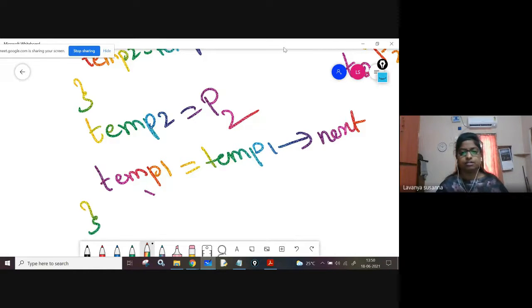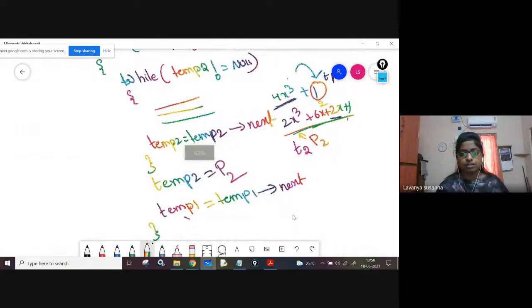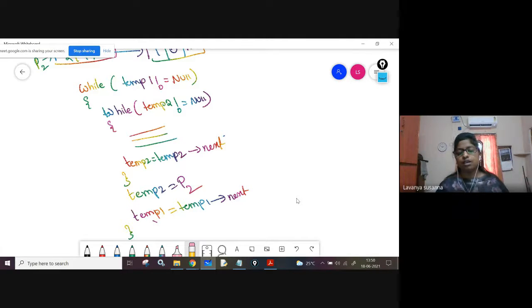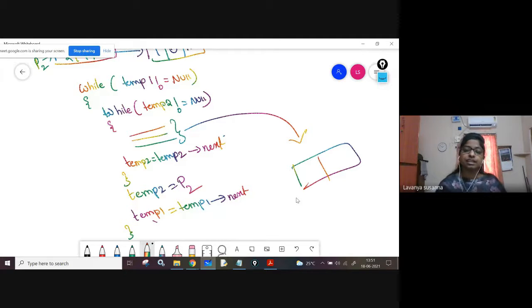This is the logic. Once again, see the logic. Go through this logic. I'm explaining part by part so that you will understand well. If I explain the whole algorithm at once, you can't understand. That's why I'm explaining part-wise how to traverse to the last node, how to advance the pointers P1 and P2. Okay, here I put some dashes. There are some operations to multiply and create the resultant node. I will explain that later.